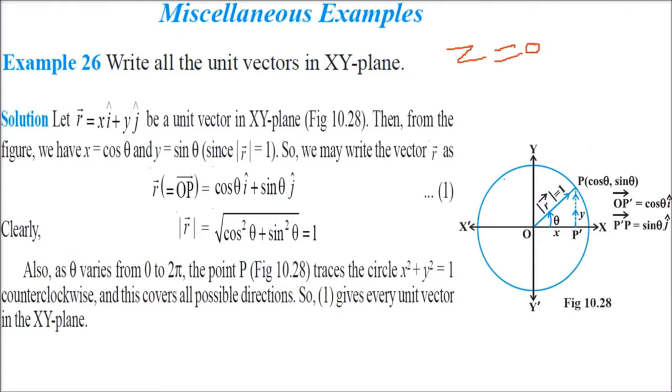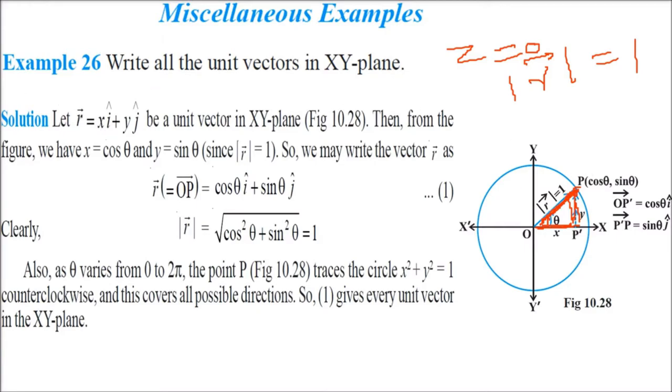Whenever we are talking about xy plane, z is equal to 0. So we have a Cartesian coordinate system, x and y. And we have an r vector, the magnitude is 1. So when we make a circle of unit radius, this point, which is the P, the x coordinate and y coordinate, how do we represent it with respect to this theta or r? So x is r cos theta, y is r sin theta.